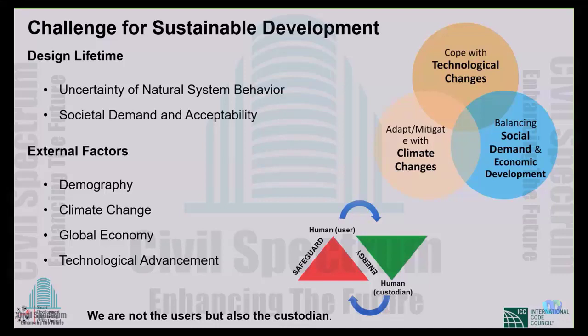Then the second category is climate change. Somebody doing emissions in America or a developed country, and we are suffering from it now. We get the season where the monsoon is supposed to start, but we find that the monsoon starts earlier than normally expected, or the intensity is higher than normally expected. So normal behaviors become unexpected in future with climate change. So we have these external factors. We have to understand that.